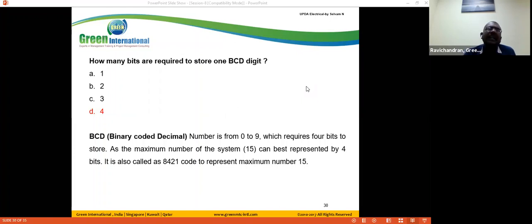And in electrical, we have a few questions in the measurements, especially. In measurements, they repeatedly ask questions on the different deflection torques. There are 3 to 4 general questions they ask in competitive exams. The deflection torque, I think I already shared this question.